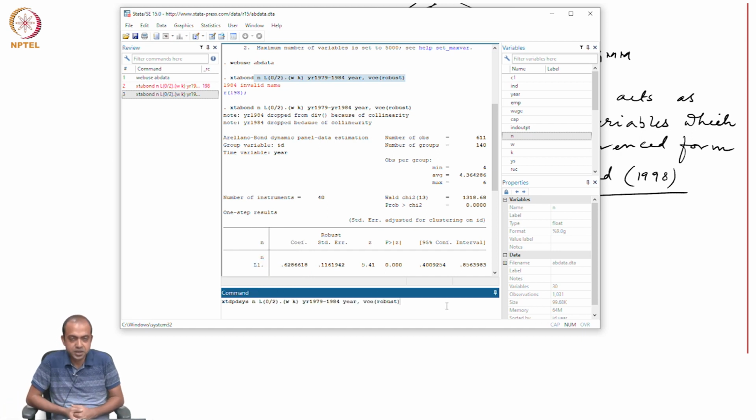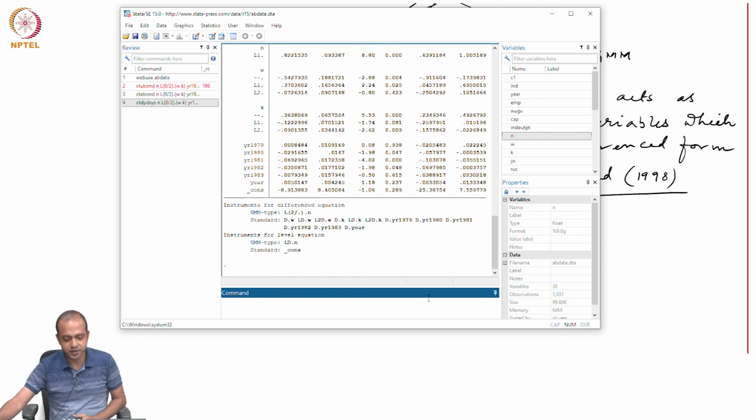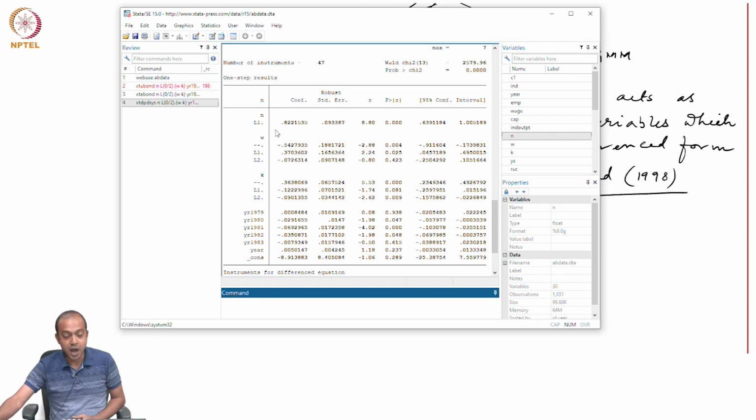So, xtdpd sys, then my dependent variable, then twice lag of w and k, and then here again I should mention here, and then if you put that, you will get the estimates of system GMM. As you can see, this coefficient is 0.82, which is fantastic because it is lying within the FE and OLS estimates